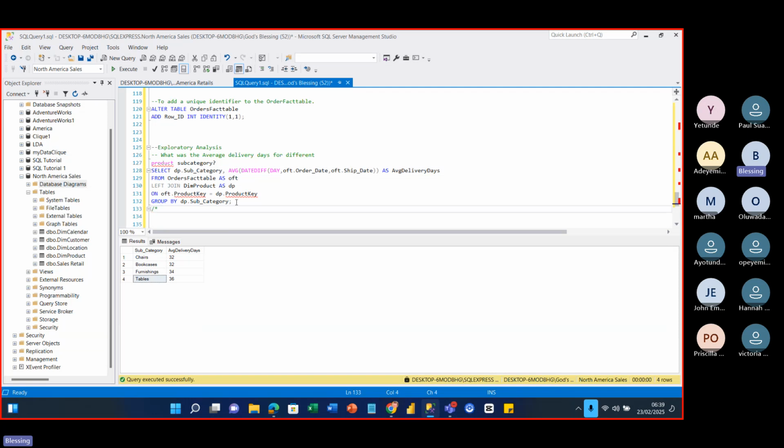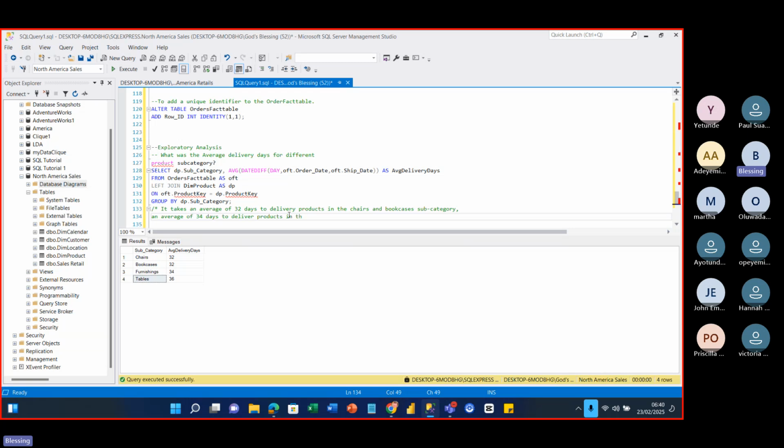So I would say it takes an average of 32 days to deliver products in the chairs and bookcases subcategory, comma, move to the next line, an average of 34 days to deliver products